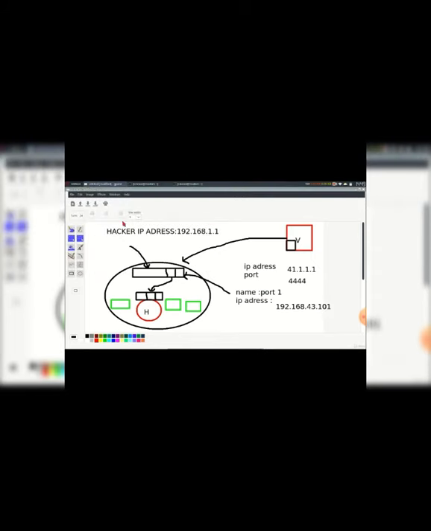So this is the IP address, and the port, like we said before, the port is the same port, 444, and the protocol,